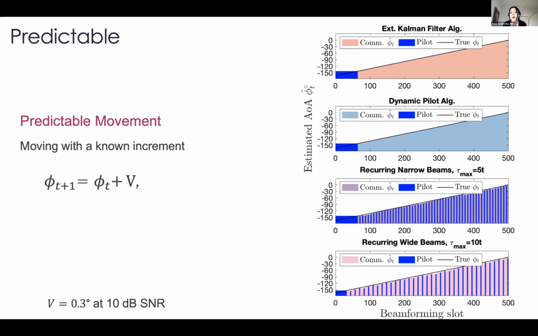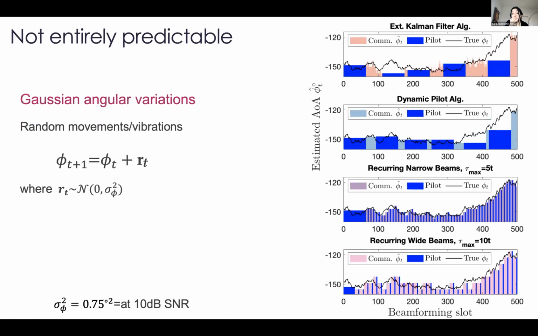In contrast, with a wider beam, of course, now the design parameter is how wide your wider beam is. If the beams are relatively narrow, as in the top figure, you end up losing the transmitter, because you're ignoring the prediction in the model, and you have to recur a lot of sounding. Versus widening the beam and communicating with wider beams, you lose the transmitter less and your piloting is less, so the overhead is lower.